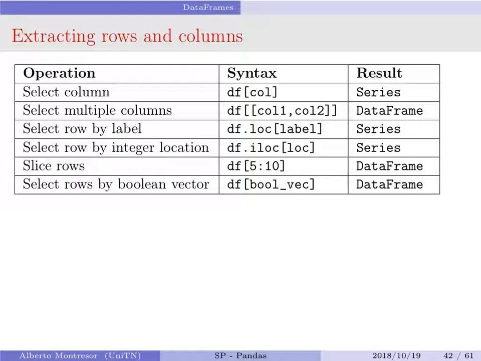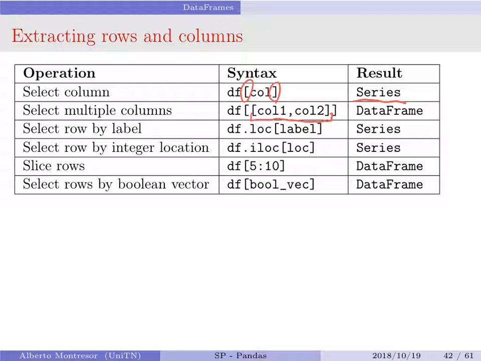Now, when I have a data frame and not just a series, I have to be careful on how I treat the data frame in order to extract values, okay? So the idea is the following. Whenever I use just the square brackets, just once, what I get is a column. So I should use a column name here, and I get a series which is the values in the column, okay? I could extract a collection of columns. At that point, I still have a data frame, but a smaller one. And a collection of columns is expressed as a list of column names.